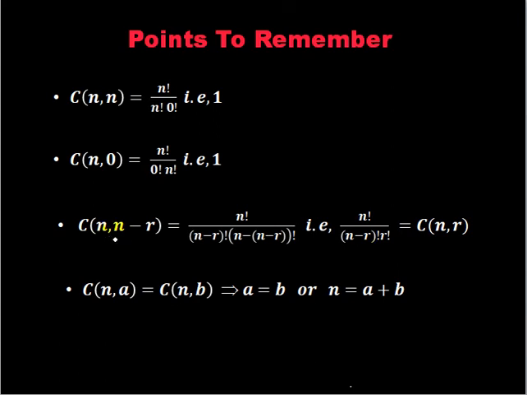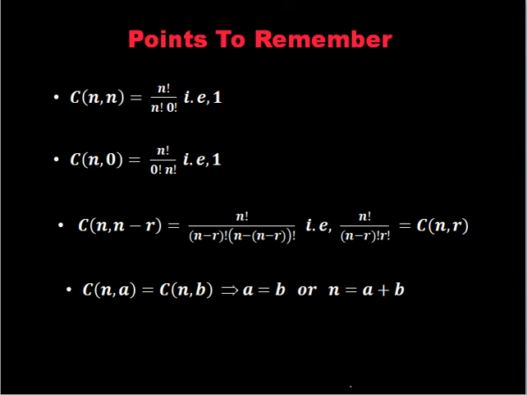See, these are two combination coefficients which are equal. So here in place of a, I have got n minus r. Here in place of b, we have got r. They are not equal to each other. And look at their sum, n minus r plus r. It comes out to be n. So if these two terms are not equal, then definitely their sum will be equal to n.